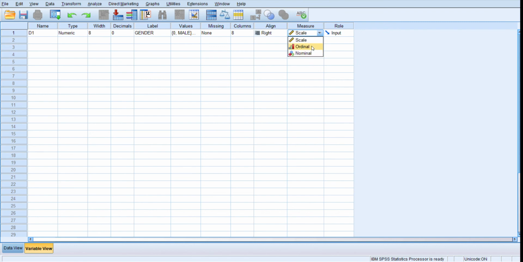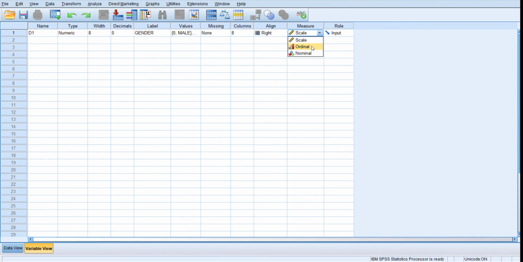Ordinal is orderly, while nominal is not. Ordinal is generally the Likert scale: strongly agree, agree, neutral, disagree, strongly disagree, and so on. Another ordinal example is lower management, middle management, higher management, or top management. These are all in perfect order. If you can order your options logically, then you have to choose ordinal.